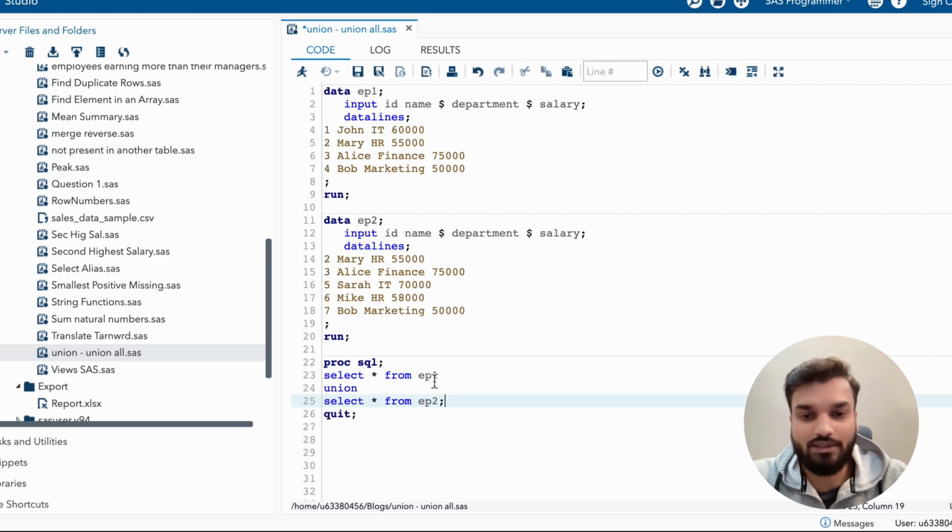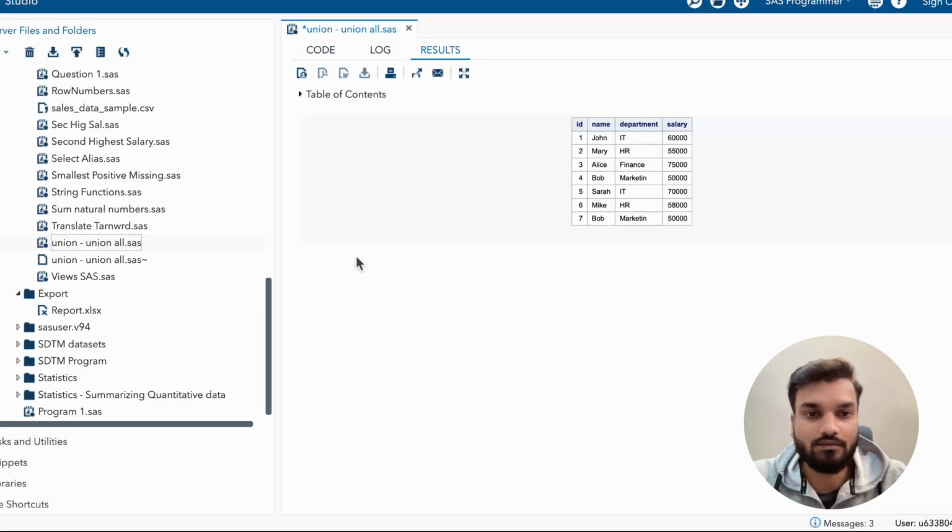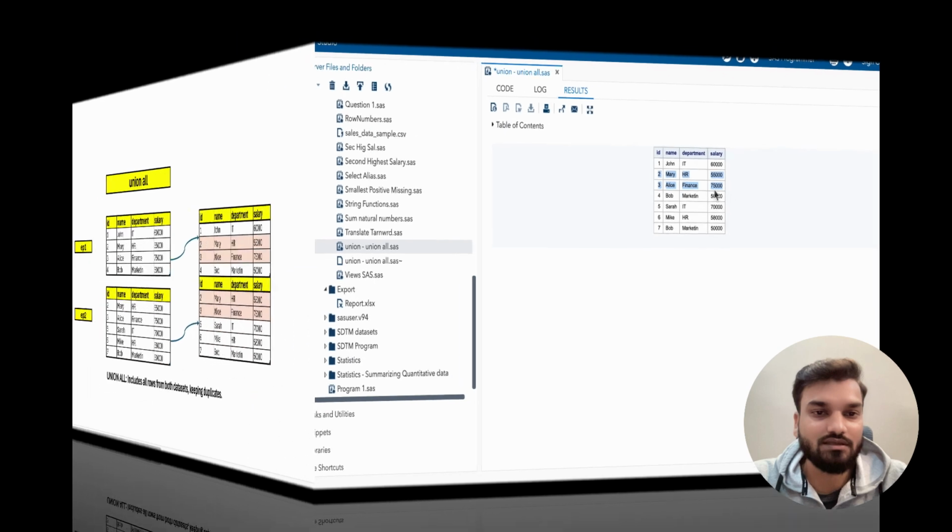So to apply this union, we are selecting all the rows from EP1 and we are applying this union, and then we are selecting all the rows from EP2. Let's see the result now. So you can see rows 2 and 3 are coming only a single time, but in our table EP1 and table EP2 both, these rows were present. So that means when combining these two tables using union, we are getting this only single time.